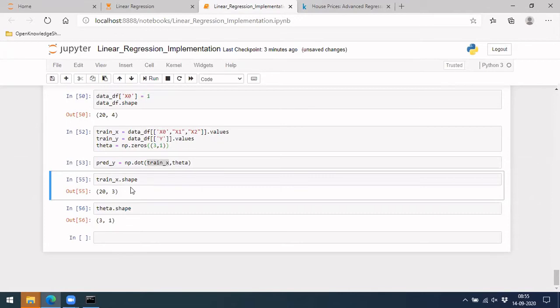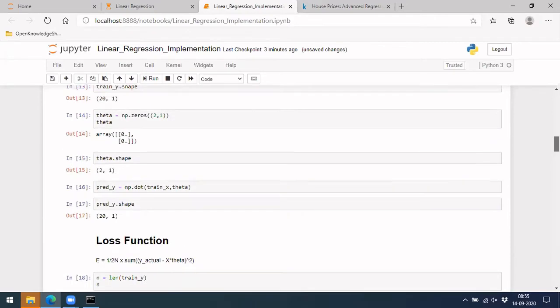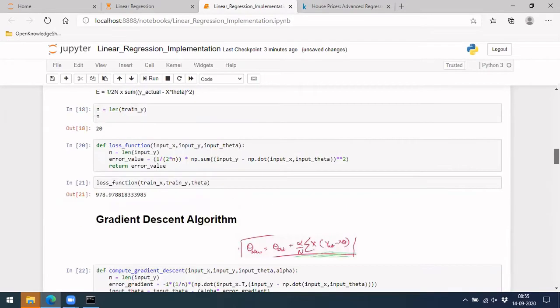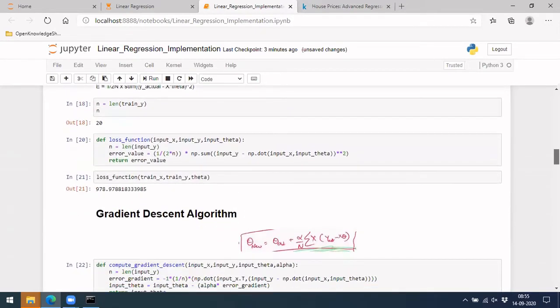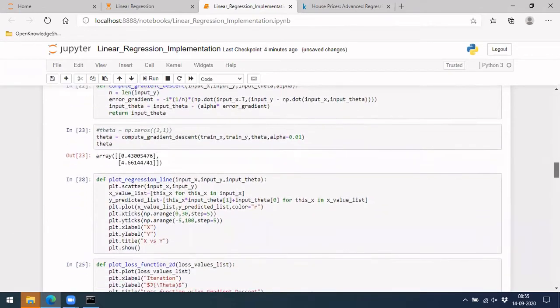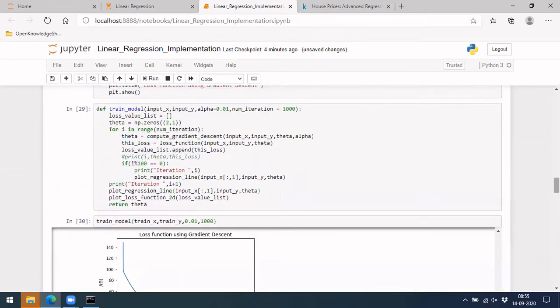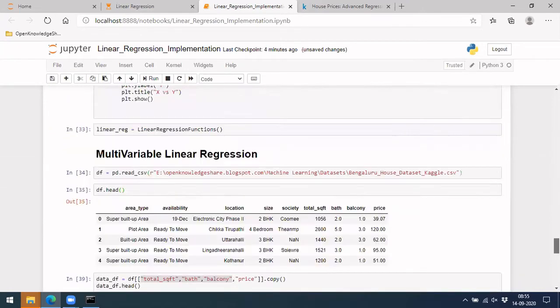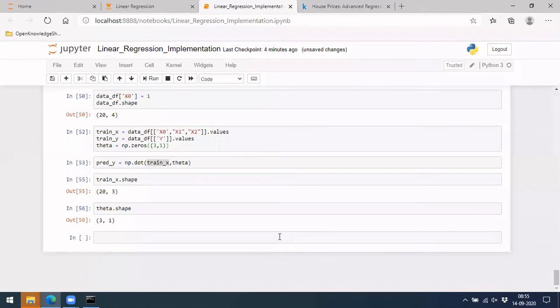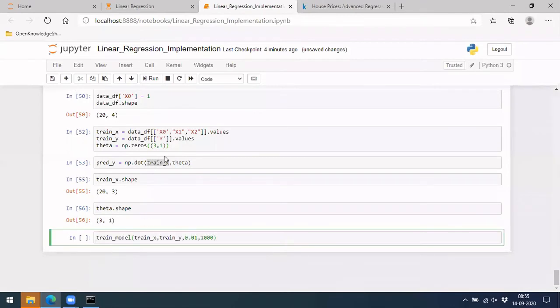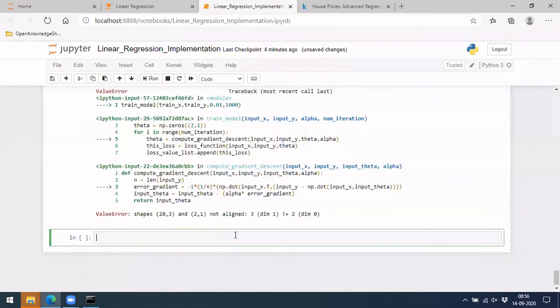Okay, so after this, the next step would be to take the same functions that we have done here. We have to take those, and these loss functions are already defined. So the next part would be just to do the train. Let's see what we are going to get. Would anything else change? Nothing else, right? So the next step would be just this. You are giving these things. Let's run.